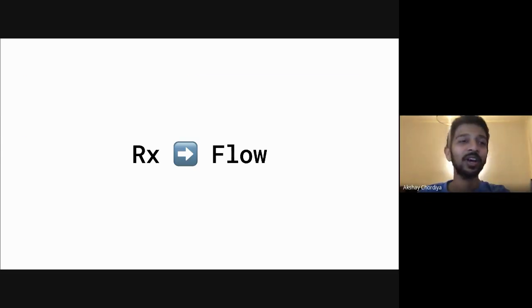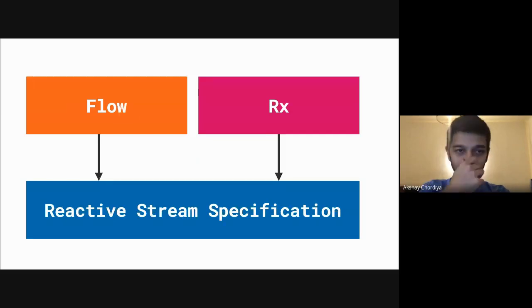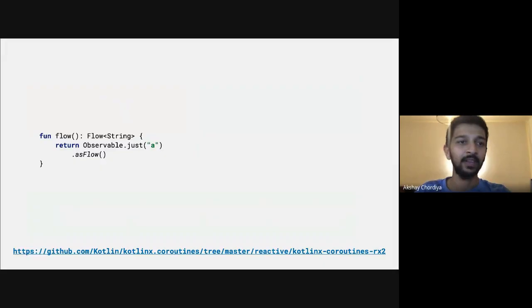Okay, so the good part is Flow and RxJava follow the same reactive stream specification. So in theory, it's very easy to convert data streams from Rx to Flow and the reverse. There are two ways to convert. First is to refactor your RxJava implementation to return Flow. Well, it's time consuming, and sometimes you just want to switch the type, so you can gradually